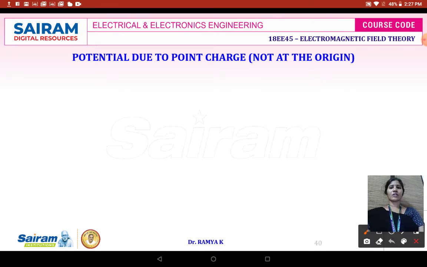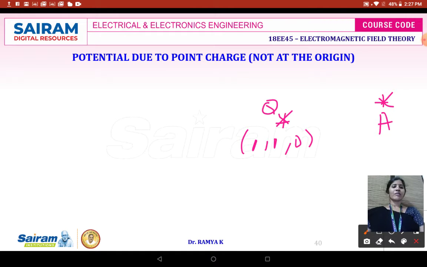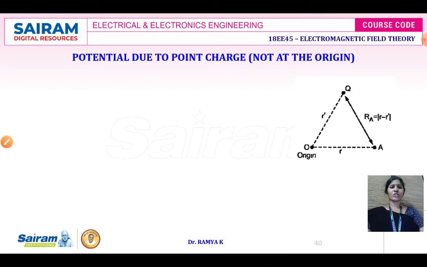In the previous lecture videos, what we have discussed is when you have the point charge at the origin. So your point charge will be at the origin and the point will be at some other coordinates where we wanted to identify the potential V. Now this point charge will not be at the origin. It will be somewhere here, where you will be keeping the point charge. This is the place where we want to identify the potential, which is going to be the effect. This is going to be the cause.